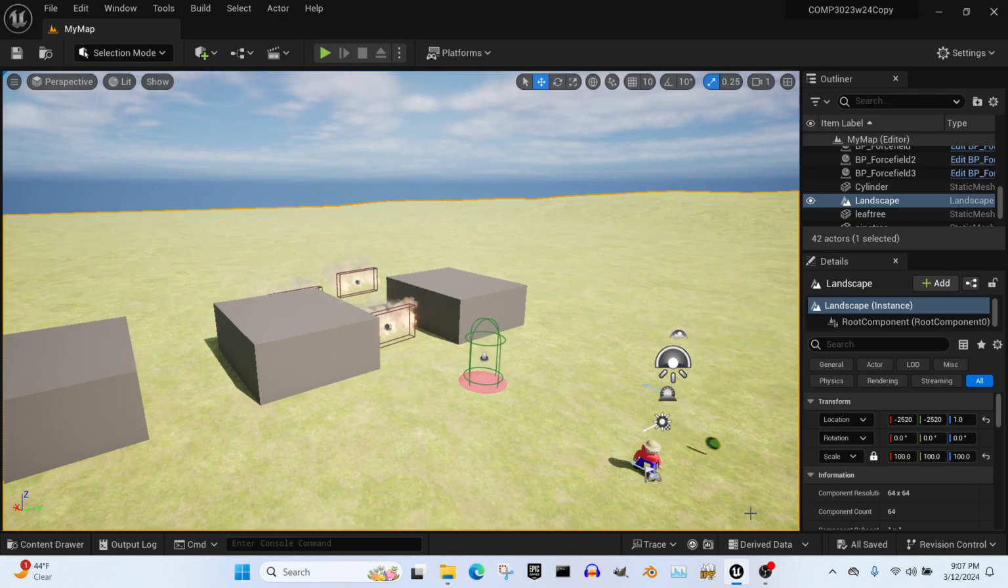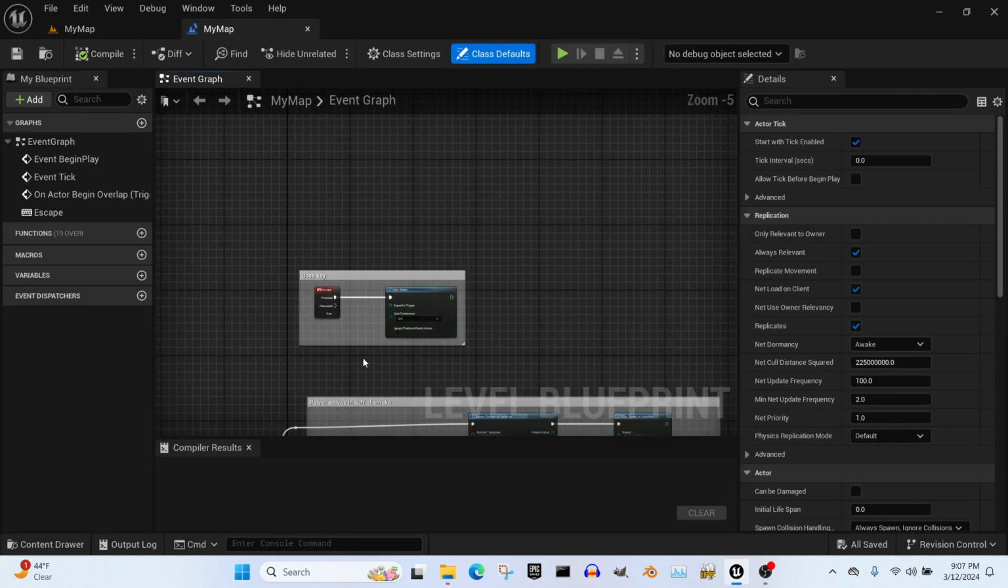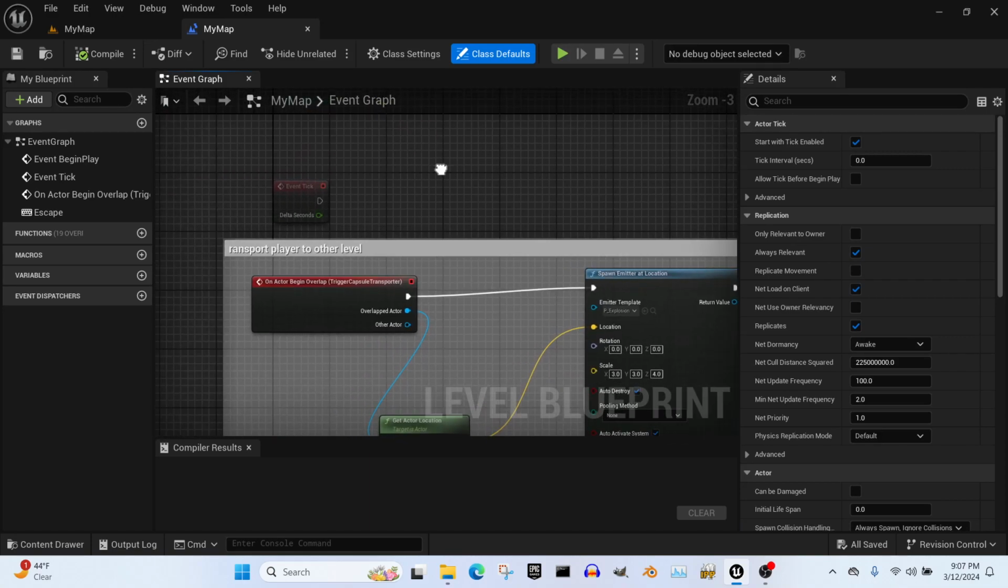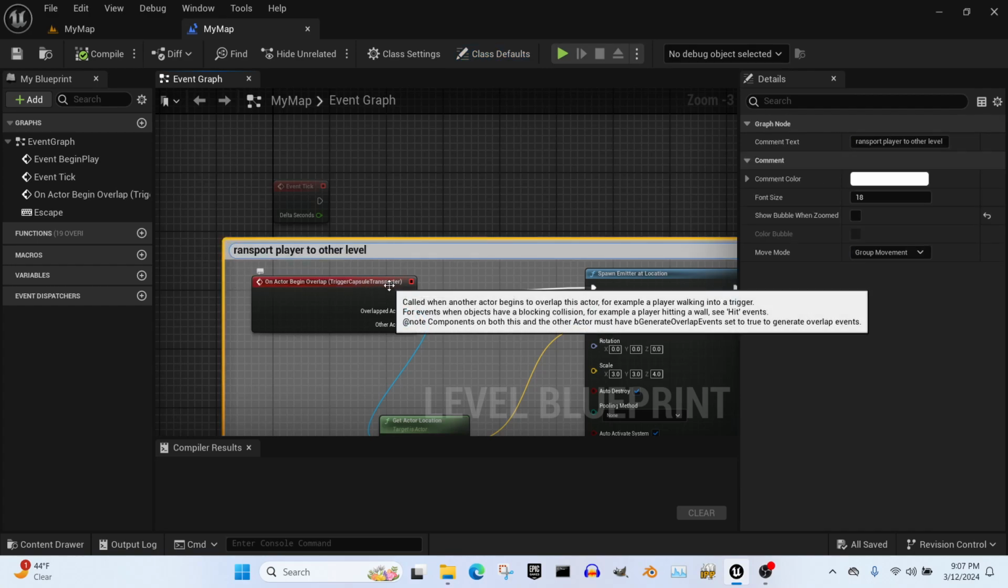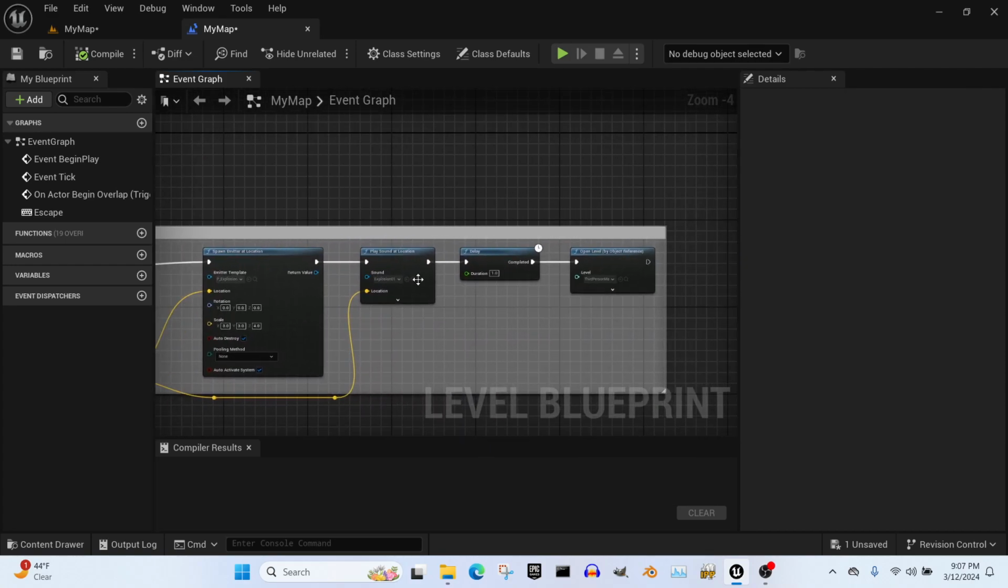So first thing we want to do is think about, when does this player leave the level? Well, the player leaves the level when they overlap on our transporter pad, and that's done in the level blueprint. So let's open the level blueprint and see the code for when they leave. So here, transport to another level. So what we want to do here is, just before they go off to the other level, we're going to want to set those variables into that